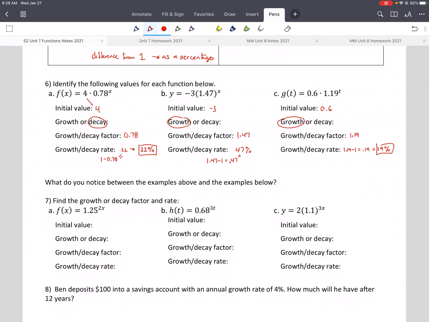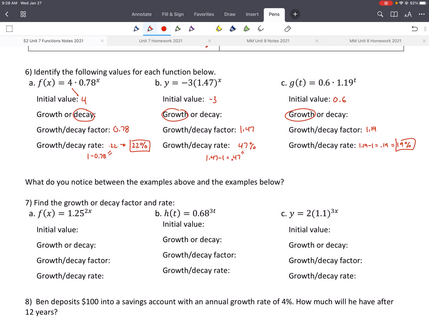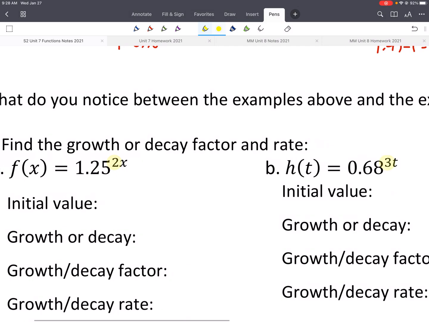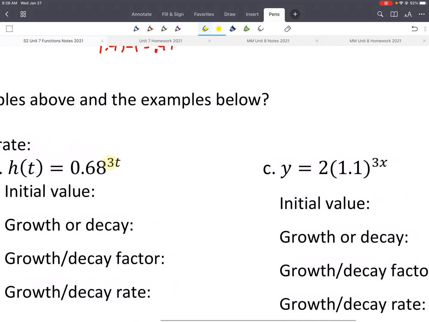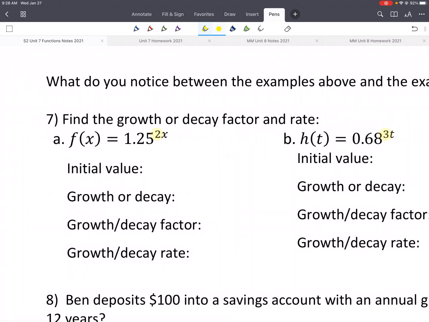All right. Okay, what do you notice between the equations that we just did above, and the ones below? Have a look at those and see if you notice something different. I'm hoping you realize that we have a coefficient in our exponent. So here we have a 2, here we have a 3, here we have a 3. Okay, so to be able to find your growth factor or rate, it has to be written in the form that we have at the beginning, where we had y equals a times b to the x. All right, so the way it is now,